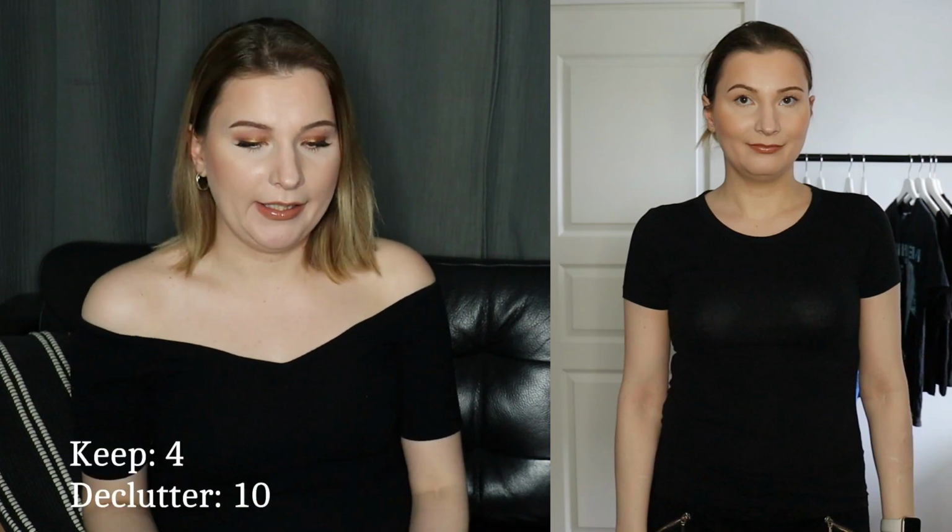Okay, we do have here another H&M basic cotton t-shirt. Now I do have a nude bra on top that I'm trying this on with, but this totally would need to be worn with a black bra. But this one I'm going to keep. This is actually one of my favorite t-shirts, well, I don't keep many, but this one is something that I enjoy. I think it's just a really basic, nice looking t-shirt. I do like the fact that it's fitted and the sleeves are fitted,